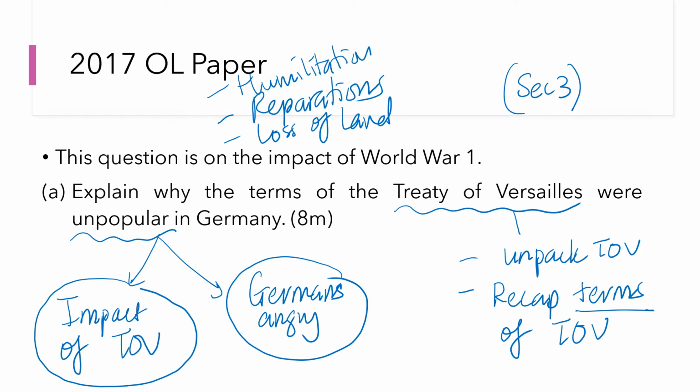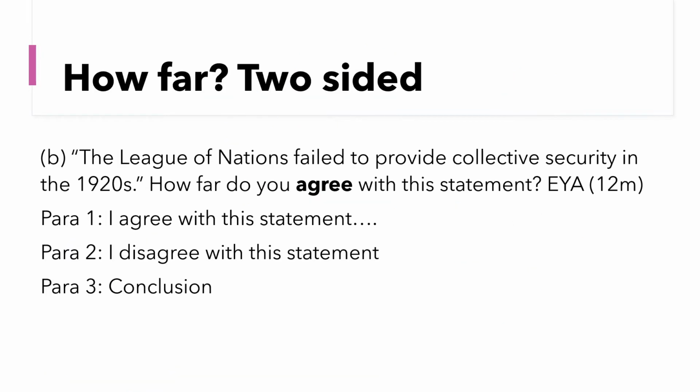Humiliation that came about from the Treaty of Versailles. There is no easy way for you to sort of fluff your way, because this particular question requires you to know specific terms. Okay? All right, now going back to the B question, all right, the League of Nations failed